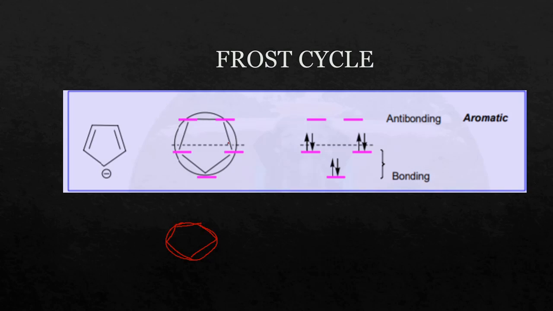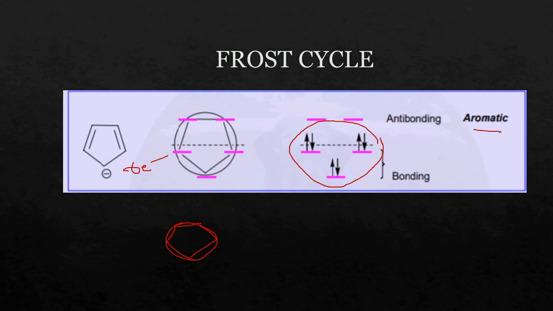And when we try to draw this, you can see here that your bonding molecular orbitals are below the non-bonding line, and because this molecule has 6 electrons, you have 6 electrons. So when you try to fill up these 6 electrons, you get a closed loop of electrons,